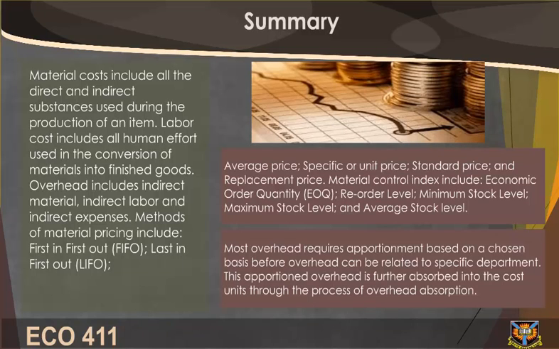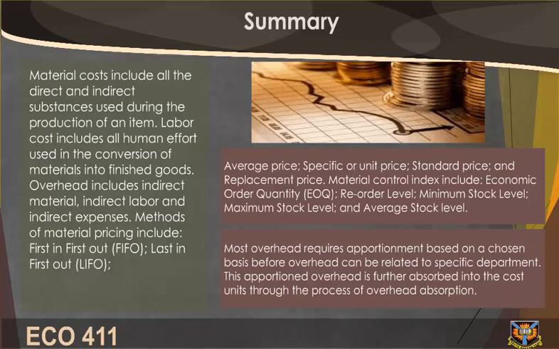Summary. Material cost includes all the direct and indirect substances used during the production of an item. Labor costs include all human efforts used in the conversion of materials into finished goods. Overhead includes indirect material, indirect labor, and indirect expenses. Methods of material pricing include first in, first out, last in, first out, average price, specific or unit price, standard